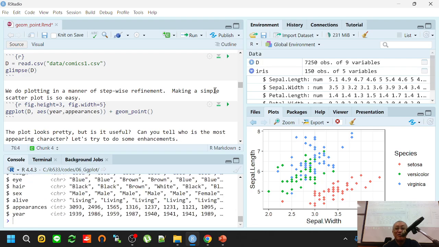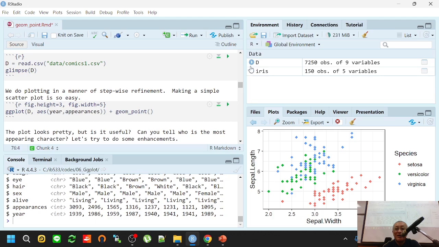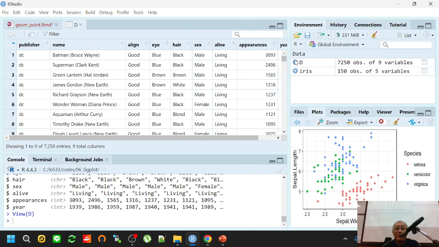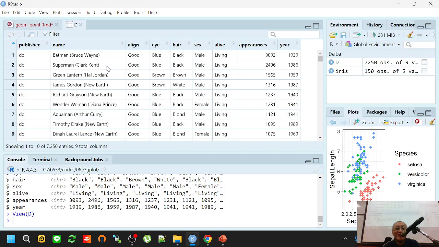Now let me do this. So in this data frame, do you still remember the comic data set? Now every record is a comic character, right? For example, the first one is Batman, the second one is Superman, right? Okay, and you have